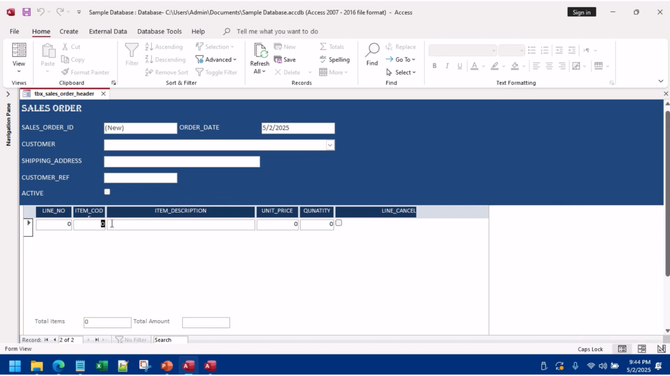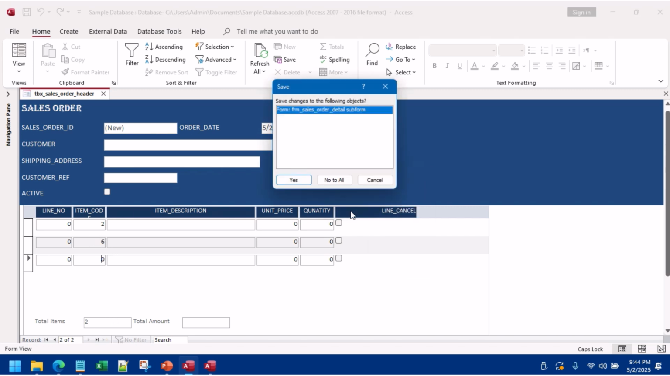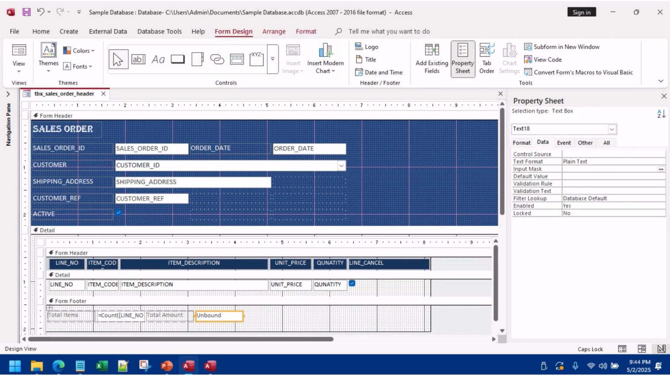Let us try this one also. 2. Okay, 1 line triggered. 6. 2 lines. Great. Next, amount. Design view. Yes, amount we need to add one more. Here,